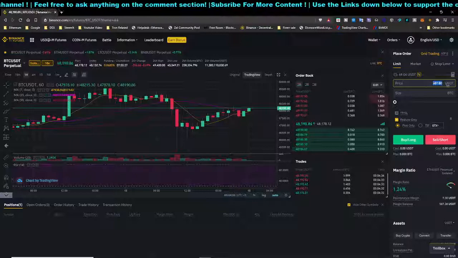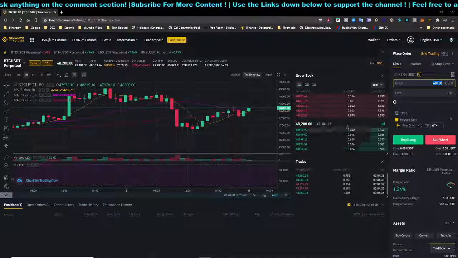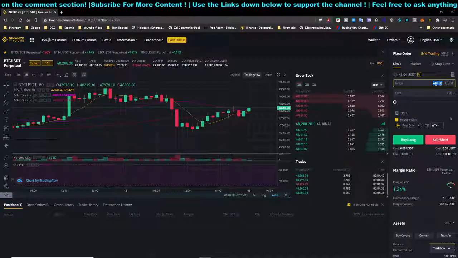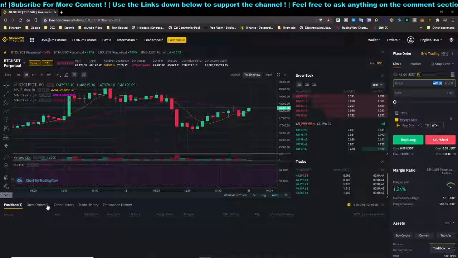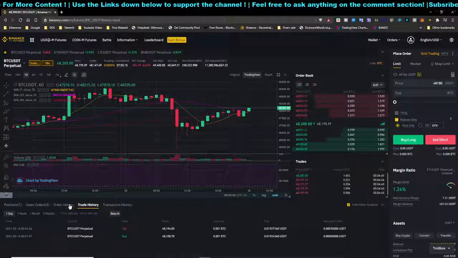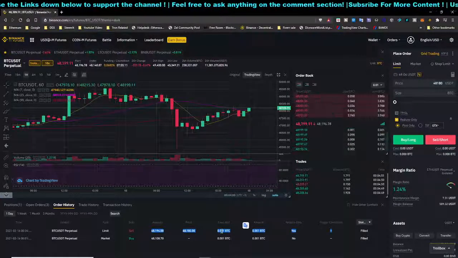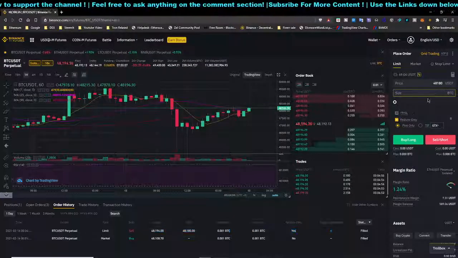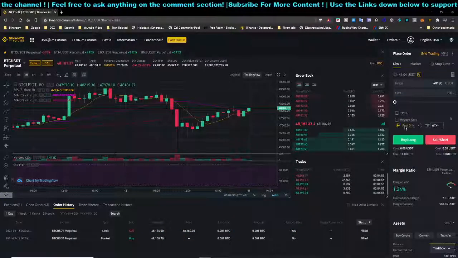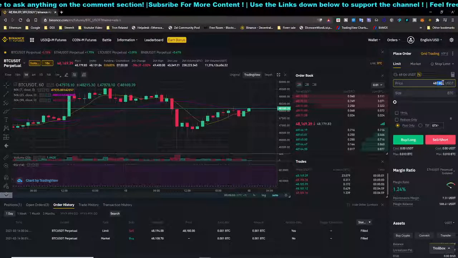Basically if you enter below the amount, for example, the amount here is 4818, and the price is at 48200, basically if you click on it, you can see the order history. It is gonna sell off at the average, and basically do a market order to execute the trade itself. So I will recommend you to use post only, and after that you can input the amount you want to enter. So over here,